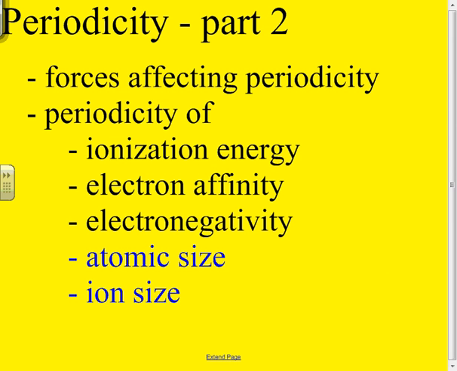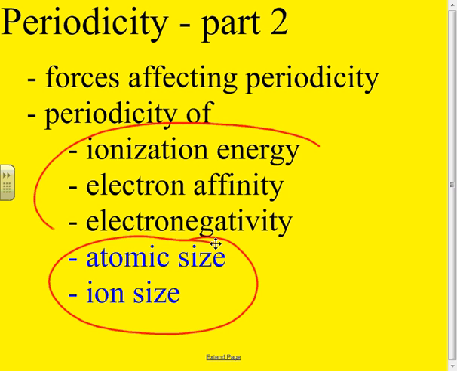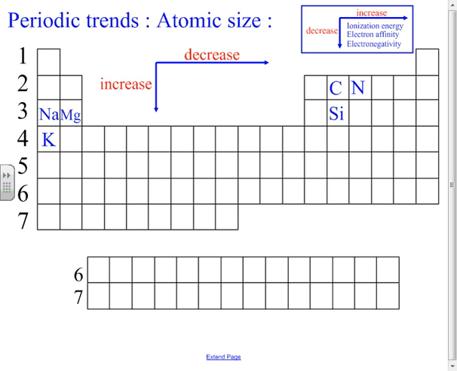Periodicity Part 2. Here we're going to look at primarily things that deal with size, atomic size, and ion size. We'll note the trends of these are opposite of those that we covered in the first video, Periodicity Part 1. So starting with atomic size, the trends for atomic size are to decrease across a period, and that is because